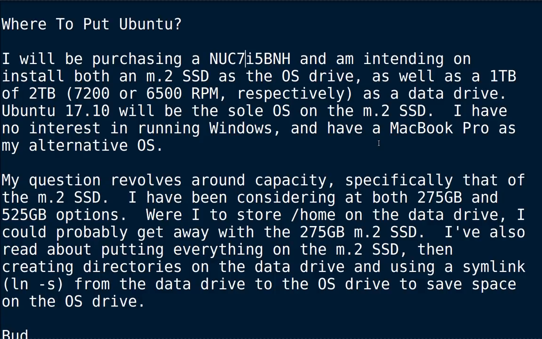And that is really overkill, because the system, especially with Ubuntu, is going to take up maybe 7 or 8 gigabytes, and that's after you install a bunch of software. But with an SSD, the less space you use, the longer it will last, because then the system can use its wear leveling to make sure that the drive has a lot of longevity. So it would still be a good idea.